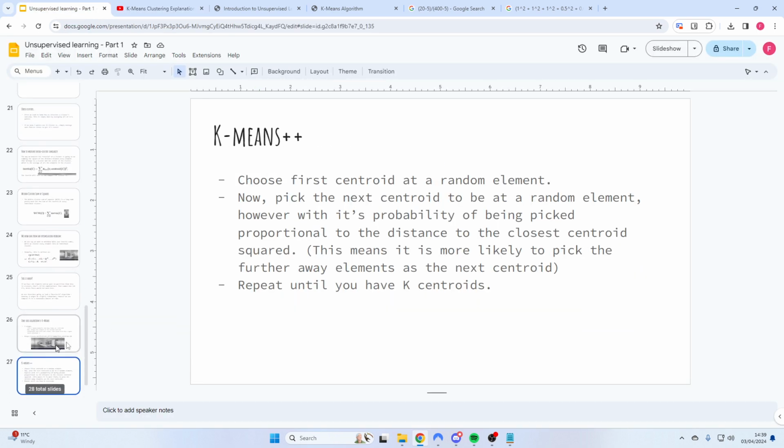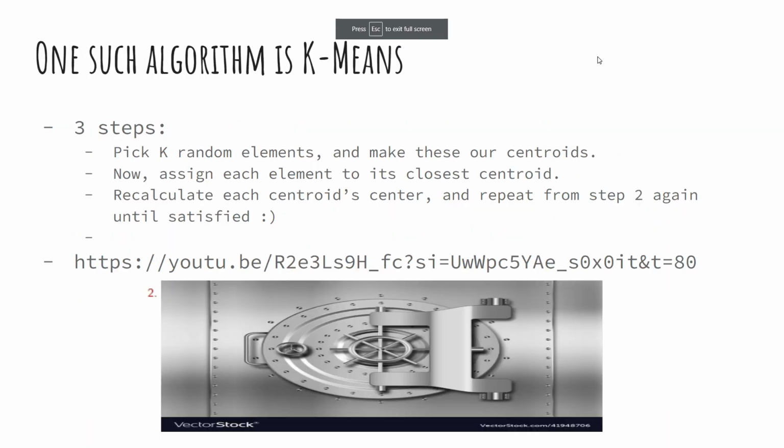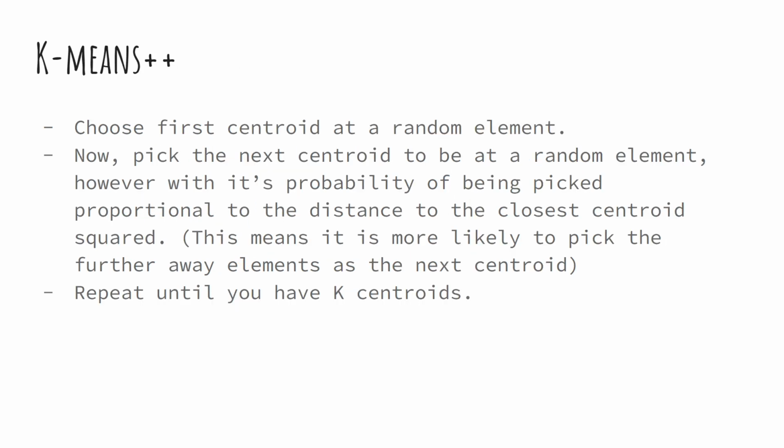Okay. So this is the second last thing, k-means plus plus. One of the things we had to do here is at the very start, we just picked 3 random positions. However, some positions are going to lead to different results than others, so we want to pick them smartly. And the way we do this is by making them as far away as possible from each other while still being random. I don't know the correct way to word this, but if it's not random, then it might always